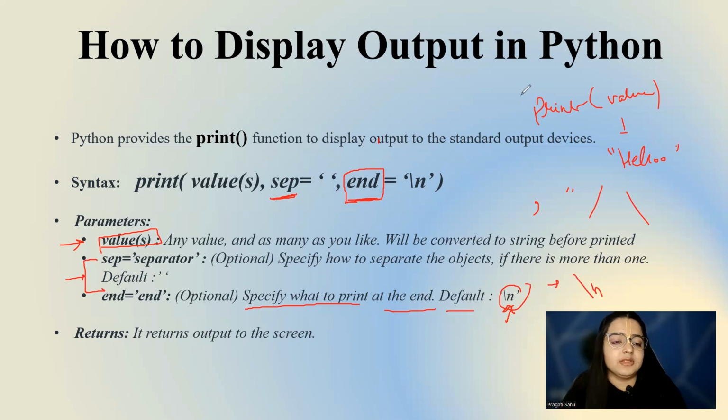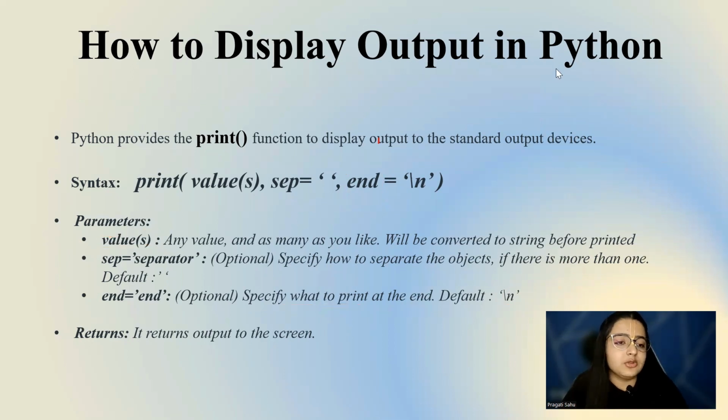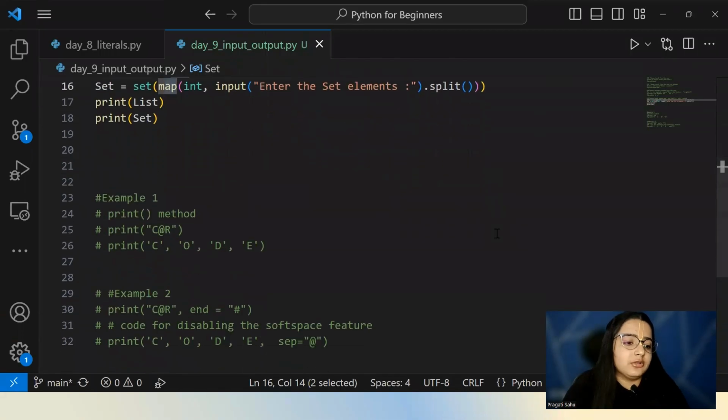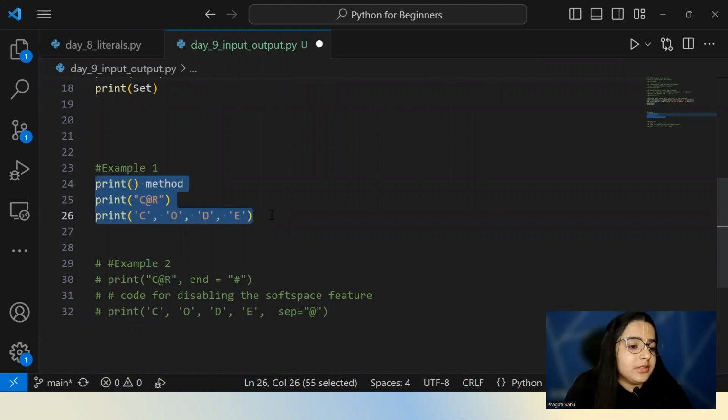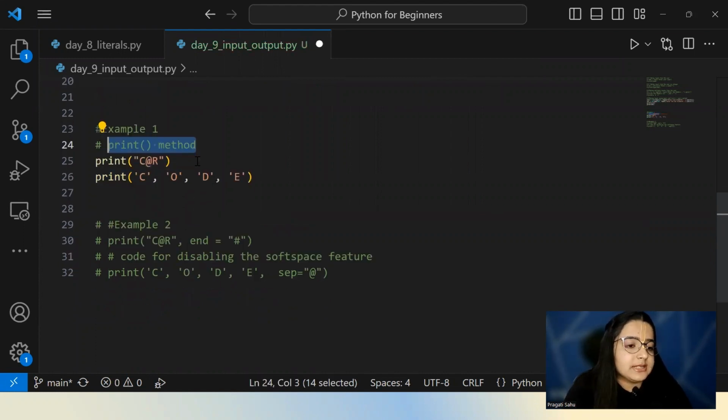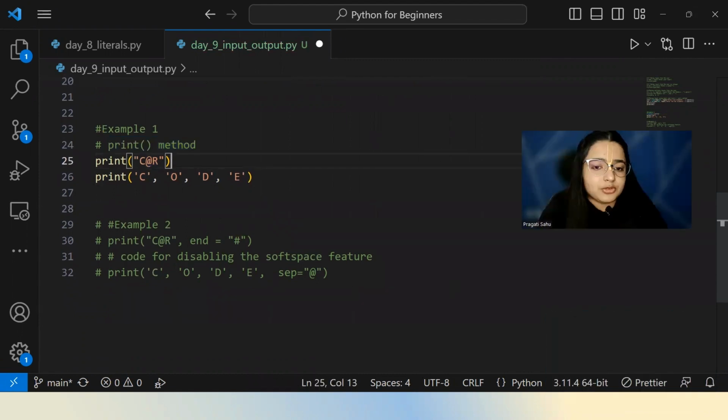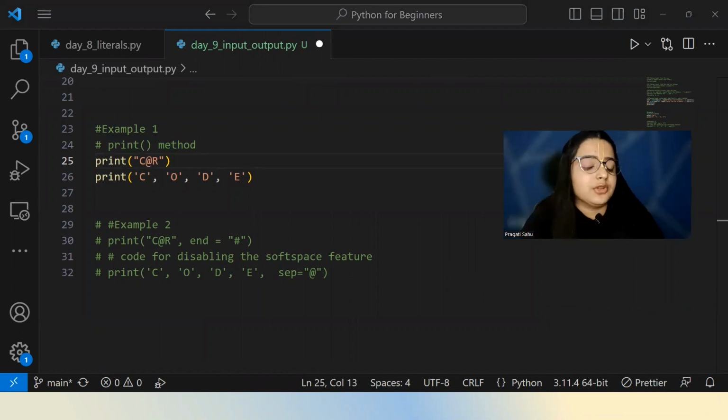we all know this कि भाई प्रिंट फंक्शन क्या करता है, प्रिंट करता है। इसके दो एग्जांपल्स हैं जो मैं इसमें कवर करने वाली हूँ। सो here are two examples, फॉर एग्जांपल मैंने ये एग्जांपल लिया है यहाँ पर, प्रिंट मेथड है मेरा ये। ओके, this is a comment to explain to you all. सो कोड, आप लोगों ने अगर नोटिस किया हो तो कोड मैंने गिटहब पे पोस्ट करती हूँ, तो आप प्लीज चेक करना, and you can edit it, you can run it in your system, जिससे कि आप और एग्जाम्पल्स रन कर पाओ, making your own examples, और जो कोड मैं बताती हूँ वो भी आप अपने सिस्टम पर रन कर पाओ।